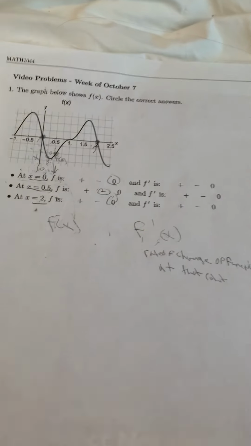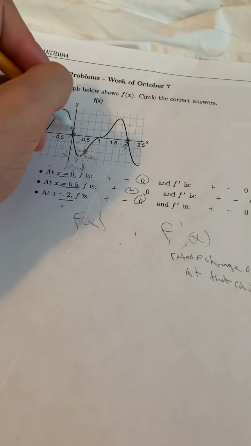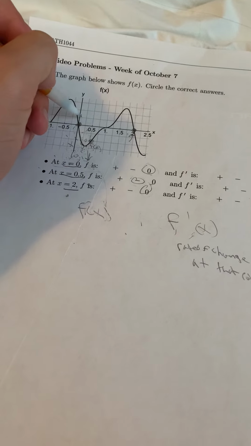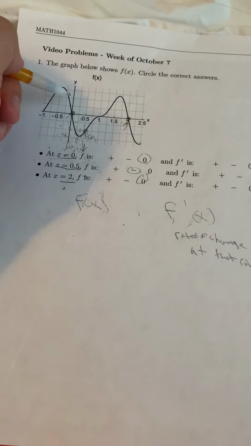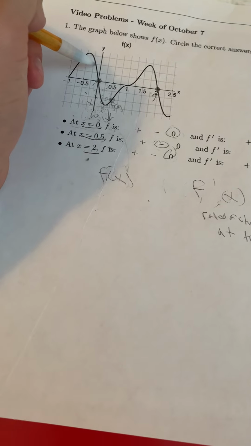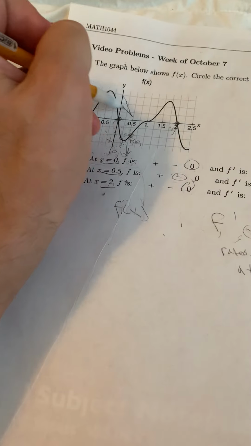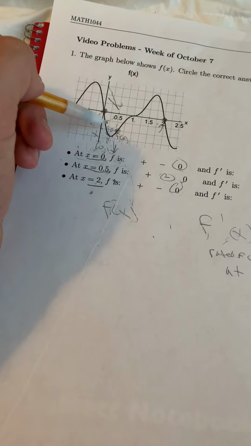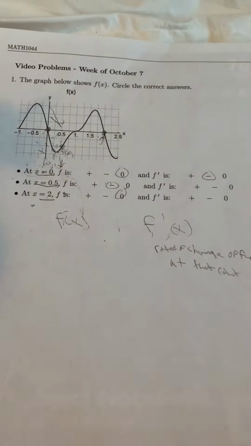So now we get into the derivative. And so at x equals 0, we look for the rate of change at that point, the slope of the function. We would do that by determining whether the slope is positive, negative, or 0 at that point. If we look, the graph is decreasing, going down as it approaches 0, and the same thing as it passes 0. Therefore, it is going to be negative at x equals 0 for the f prime function,